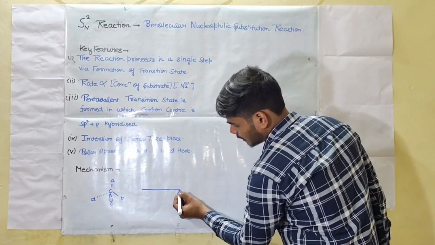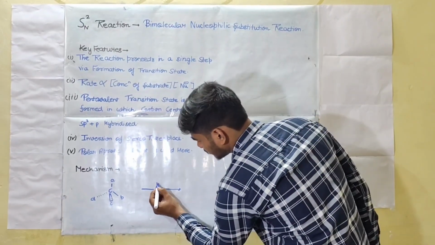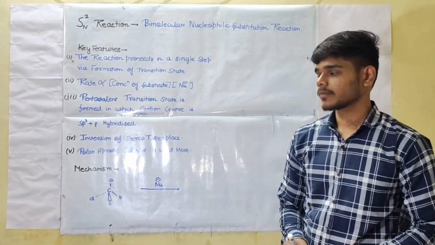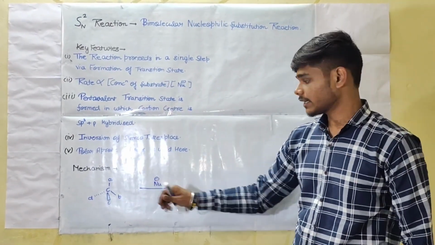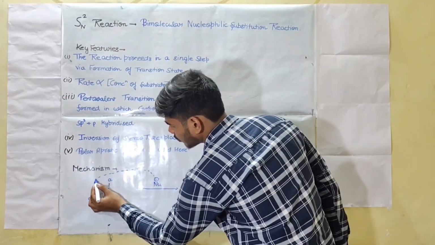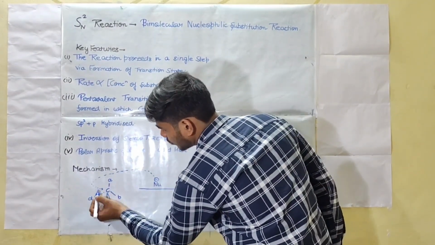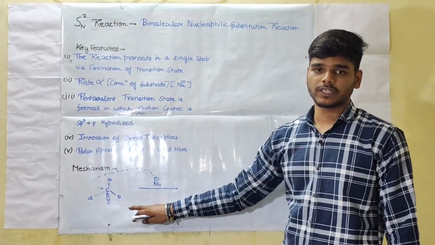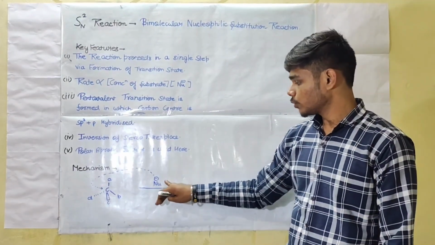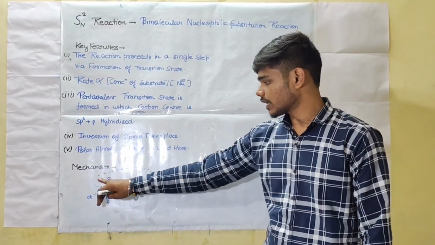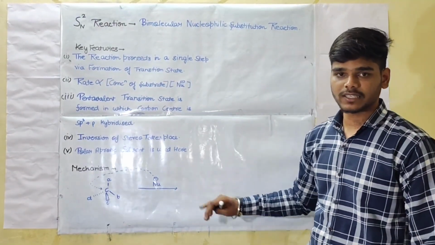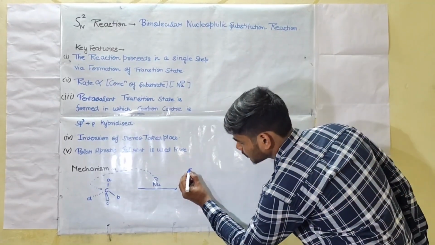If an incoming nucleophile attacks the carbon center, then it attacks from the back side of the group which is the leaving group here. Here we have B as the leaving group. So the nucleophile attacks just from the opposite side of B, so that we get a transition state which looks like